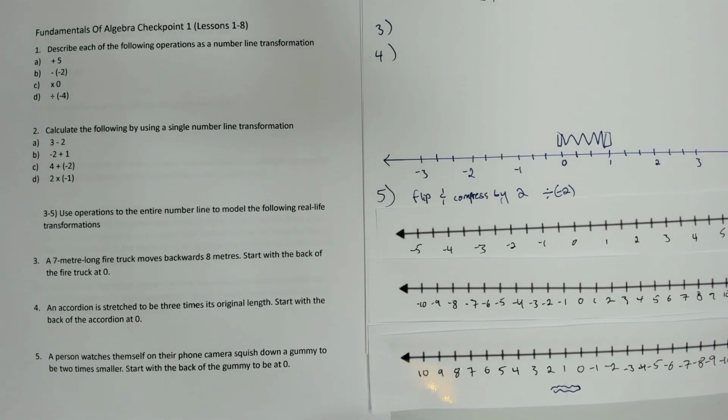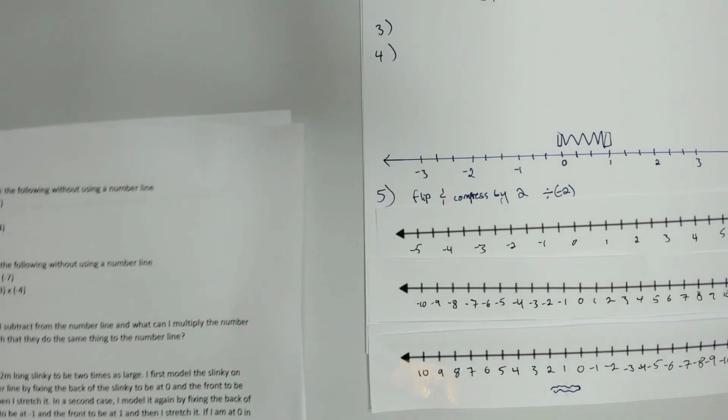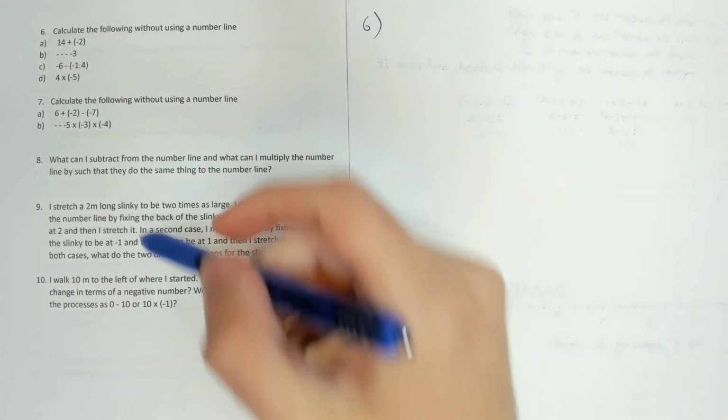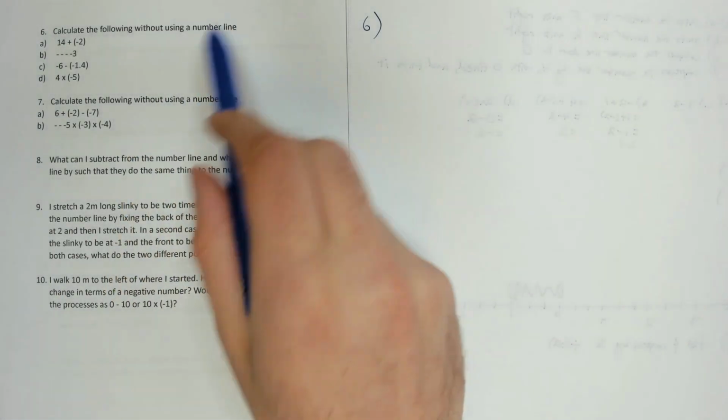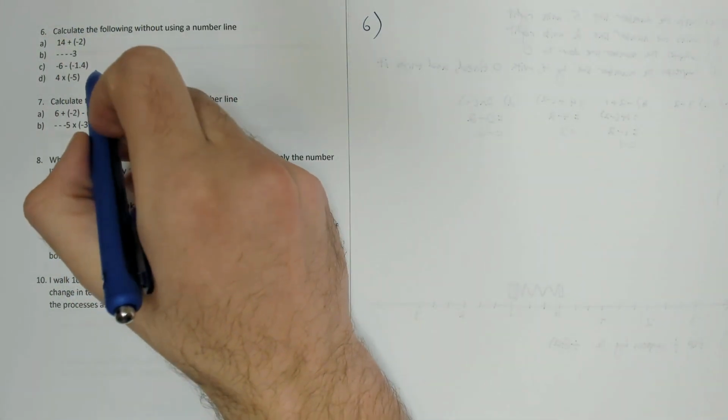All right, so that was parts 3 through 5, a little bit of conceptual application of what's going on with these number line transformations and how we can actually use them. So let's go on to the next page, questions 6 through 10. All right, number 6 says, calculate the following without using a number line. While the focus of these was to use the number line, ultimately when we're doing math out in the wild, we're not always going to be using number lines. So this is just really to check if you can do all of these fundamental and necessary